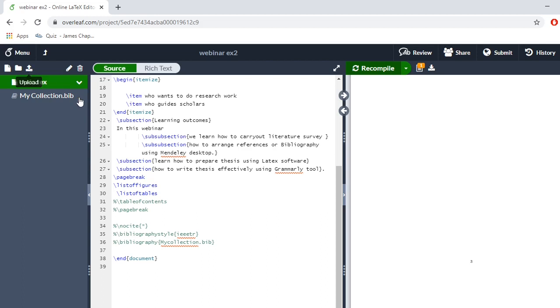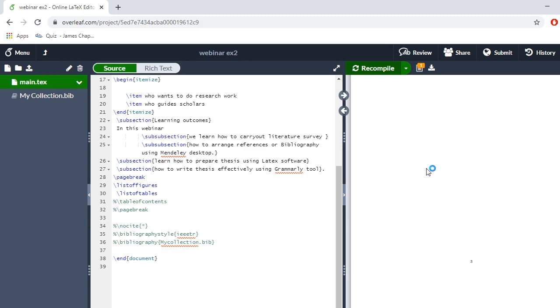Right, now after having that in our Overleaf software, you can incorporate these items. The various 6 or 7 papers that we want to use as references or bibliography, those we have to include in our thesis.